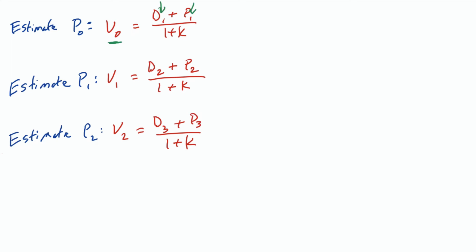So here for time 0, we've based the estimate on the cash flows at time 1. So for our next exercise, I want to take these various estimates and combine them. And so let's